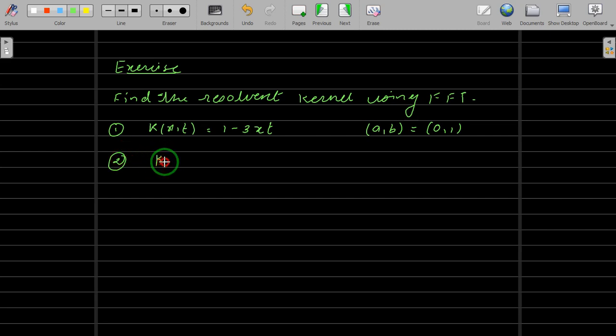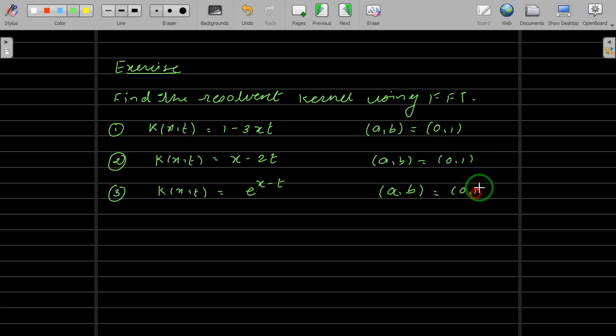Second, the kernel k of x comma t is x minus 2t, or k of x comma t is equal to a raised to x minus t. In this case, the values of a and b are 0, 1, and again in this case the values are from 0, and try to get the solutions. In the next we will see how to solve by using